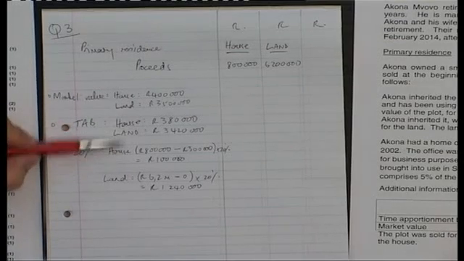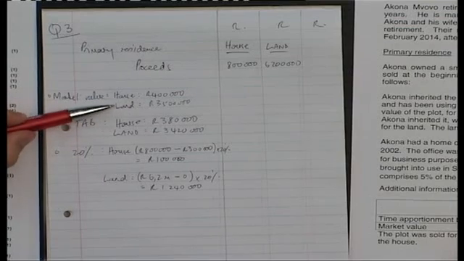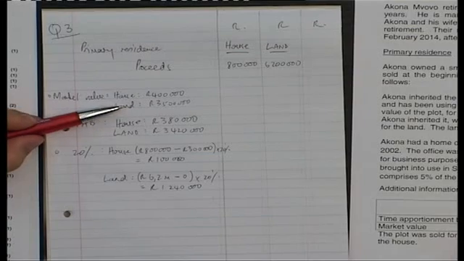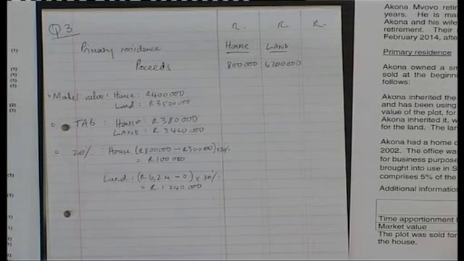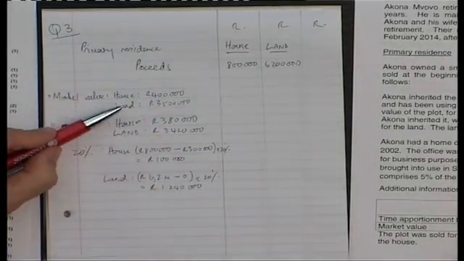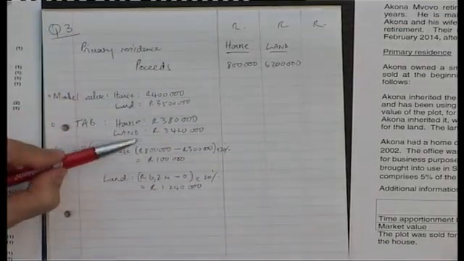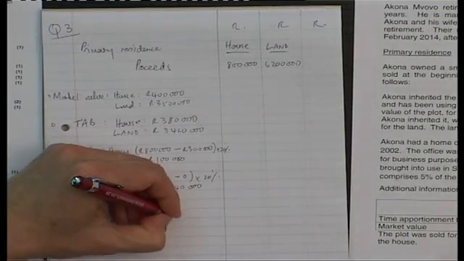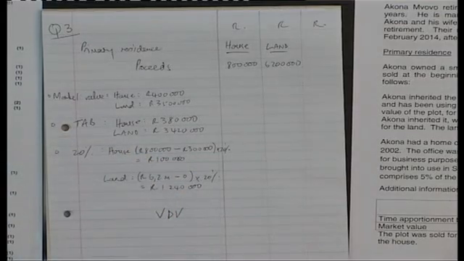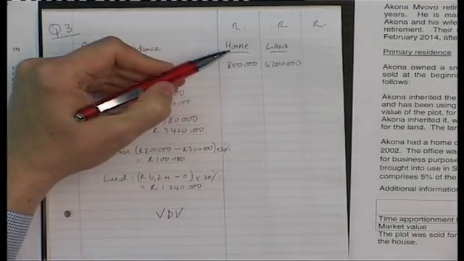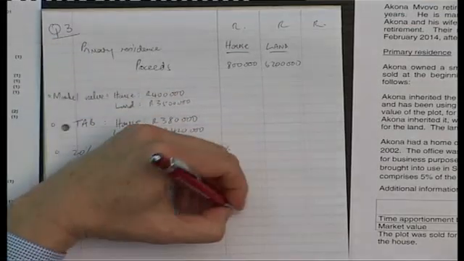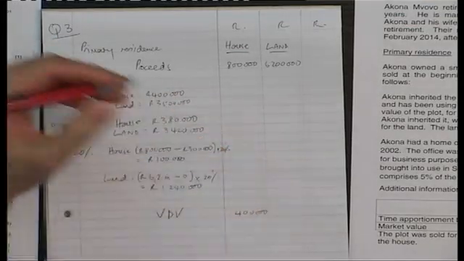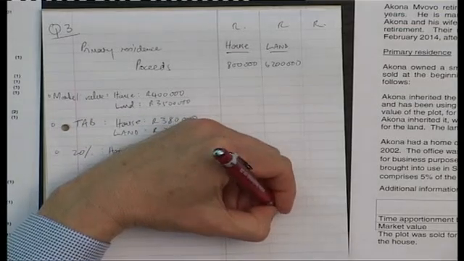And you want to choose the greatest of these three. Obviously, market value gives you the greatest of the three. So that'll be your valuation date value, the value of both of these assets on 1st of October 2001. Remember, we're working towards calculating the base cost. So I'm just going to do an abbreviation, call it VDV, valuation date value. For the house in this column is 400,000. For the land, it's 3.5 million,